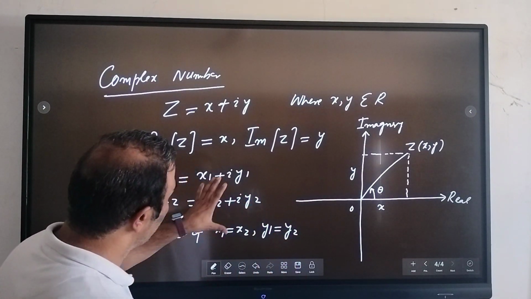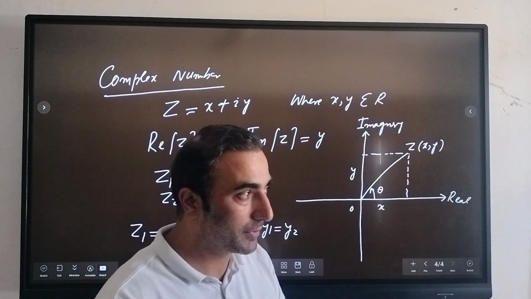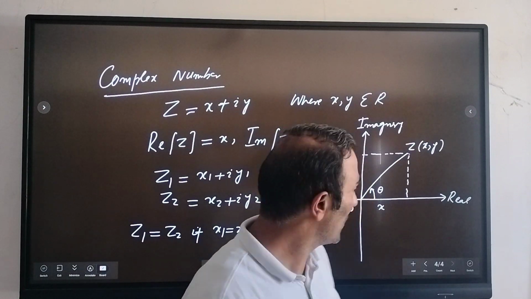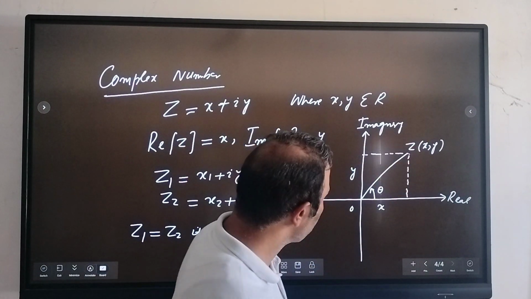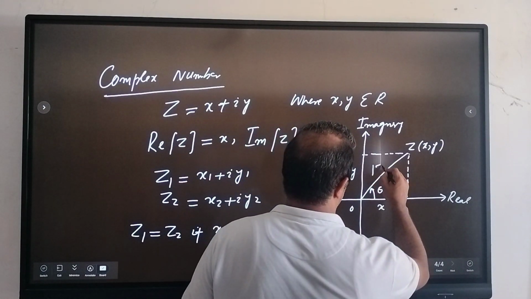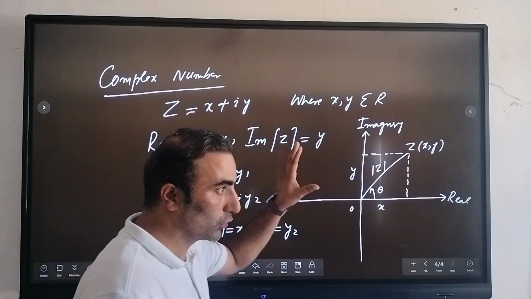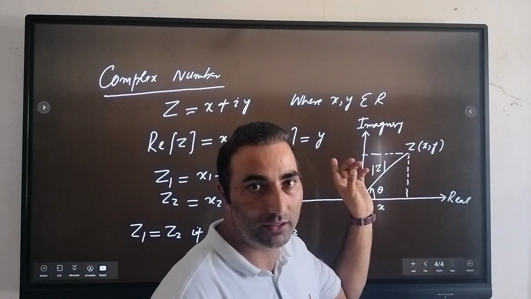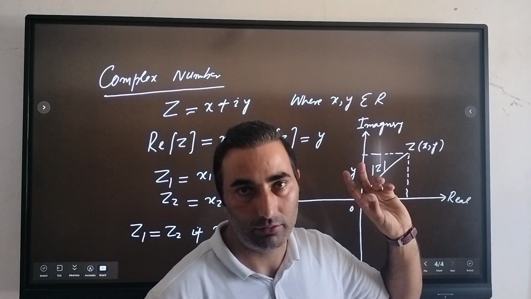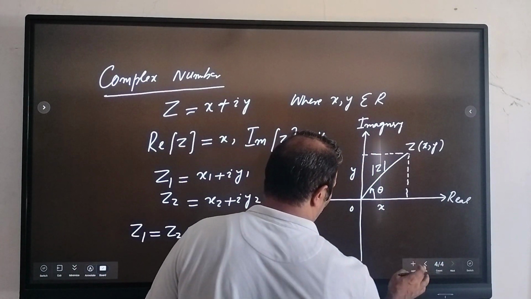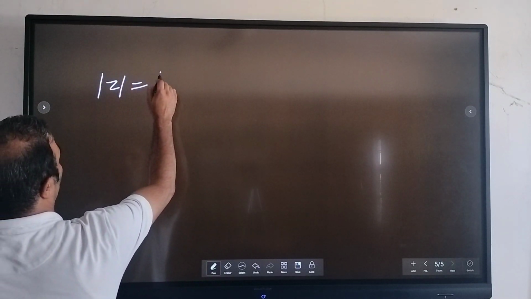And if you now calculate the modulus of z, what basically is the modulus of z? The modulus basically gives you the magnitude. That means it will give you the distance from the origin to this point, right? So modulus of z means you need to take the square root of the sum of the squares of the real part and the imaginary part, right? So if you write now, what will be the modulus of z? That will be equal to